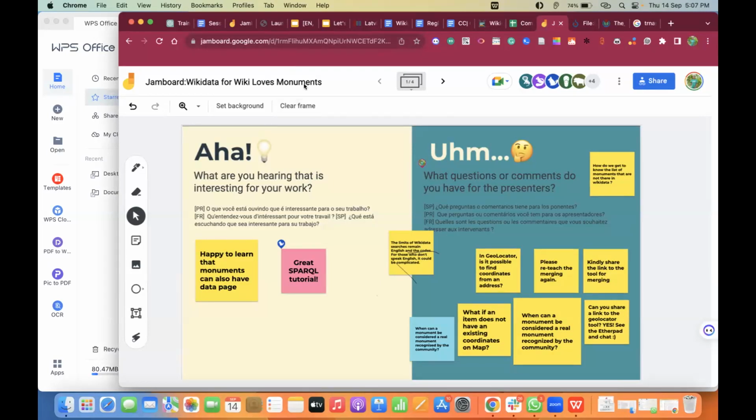And for some countries, we have thousands or even tens of thousands of monuments. OpenRefine is a very powerful program for working with large amounts of data and looking it up on Wikidata.